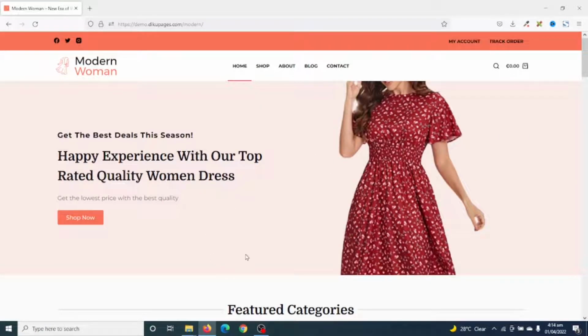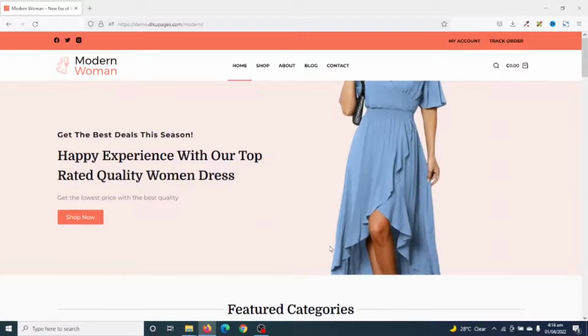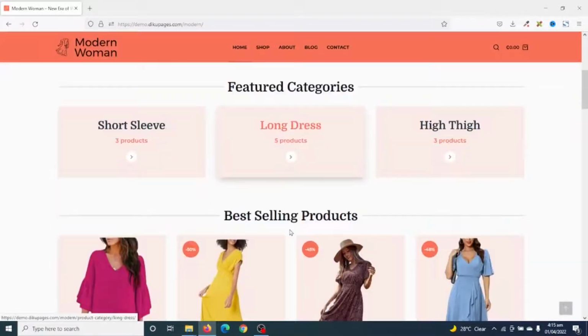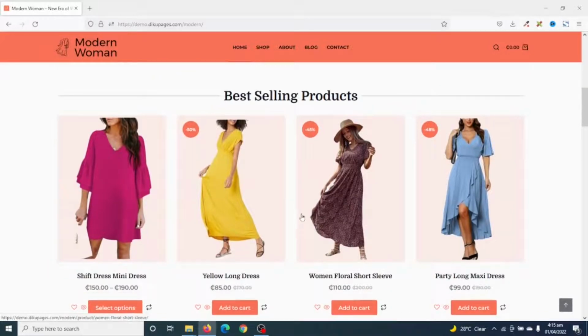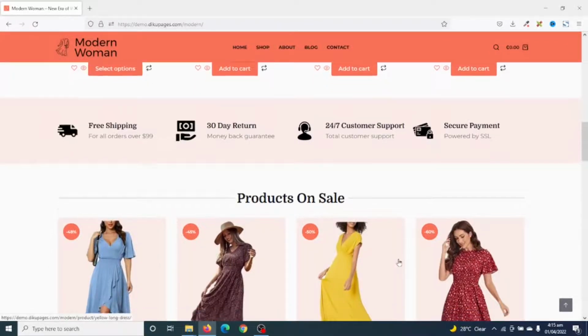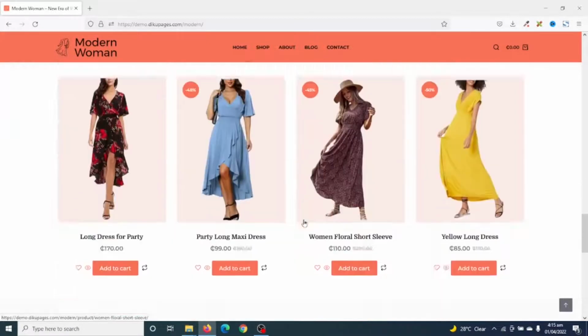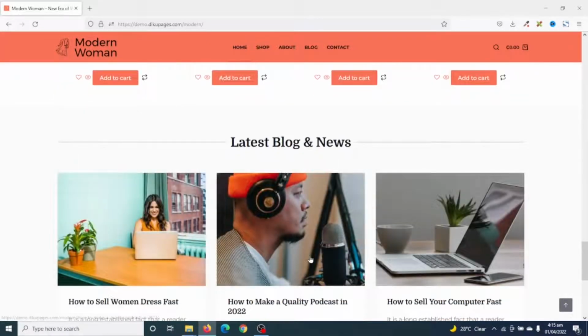This website we'll be building has a cool hero section with an image slider, a featured category section, best-selling product section, a section for shipping, money-back guarantee, customer support, and secure payment, products on sale section, recent product section, as well as blog post section. By the end of this tutorial, I'll show you how you can add blog posts to your website in order